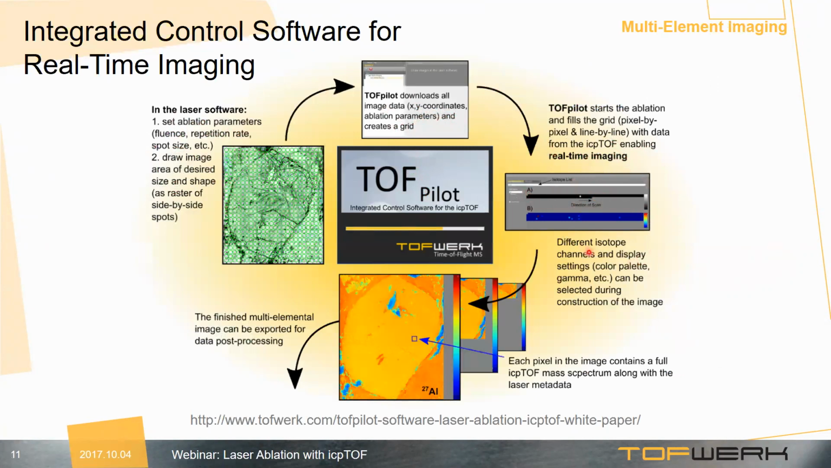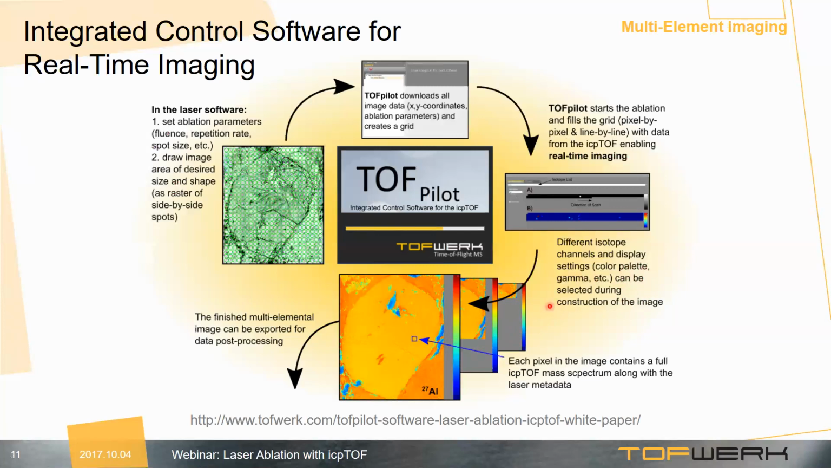And while this is happening, you can flick through different isotope channels, and you can change the display settings and stuff like that. And then here schematically, you can see how the image is constructed over time. And this is really nice because you can see if something goes wrong, so you don't lose valuable sample material